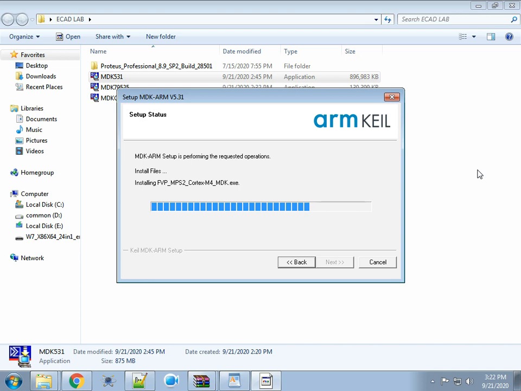We are installing MDK 531, which is the base platform for ARM. There is no need of net.